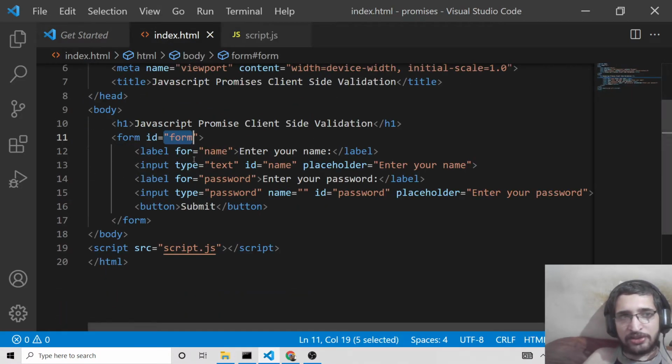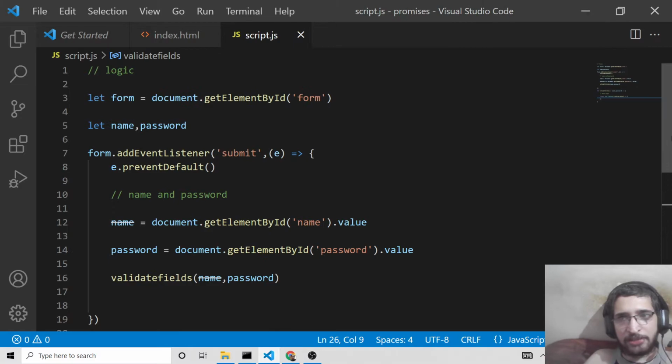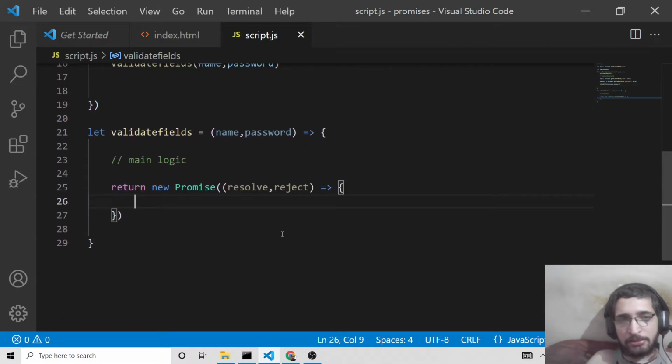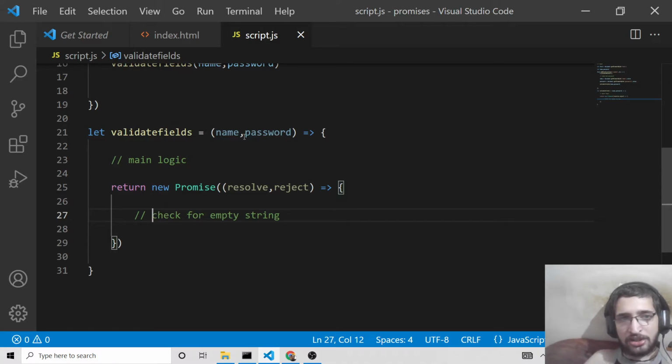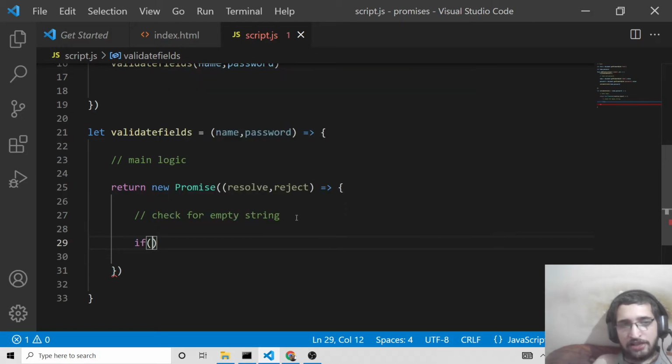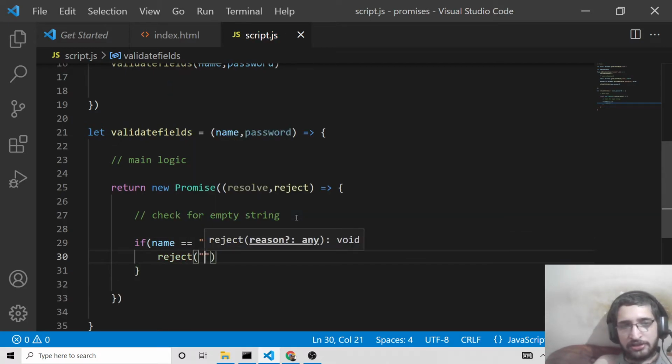If the value is empty, then we will say, please enter the password or name. So we will check in the if condition for empty string. So this is pretty easy. We have got the values inside this function here. So we simply need to write an if condition here, if name is equal to double equal to nothing. So in that case, we can reject the promise and pass a custom error message that